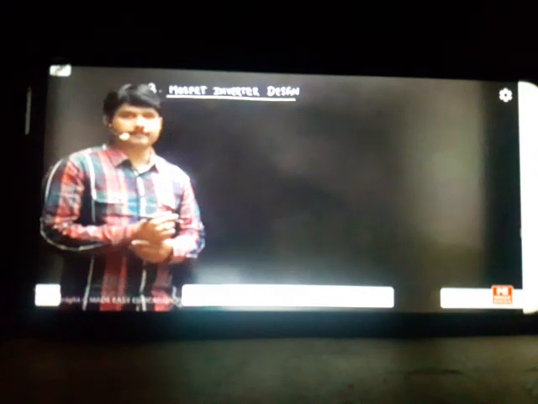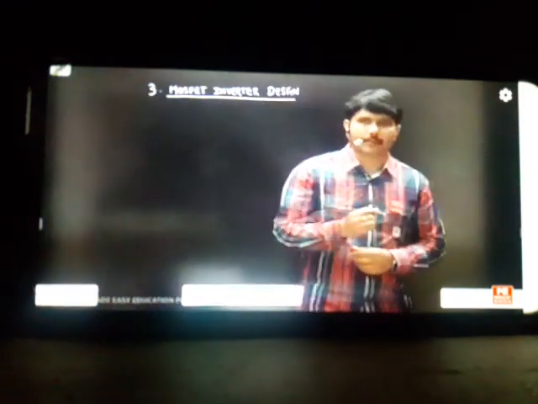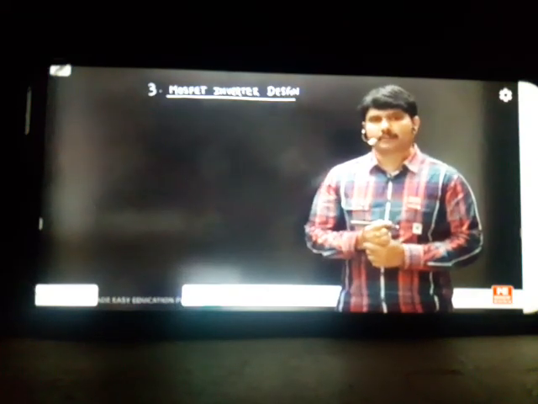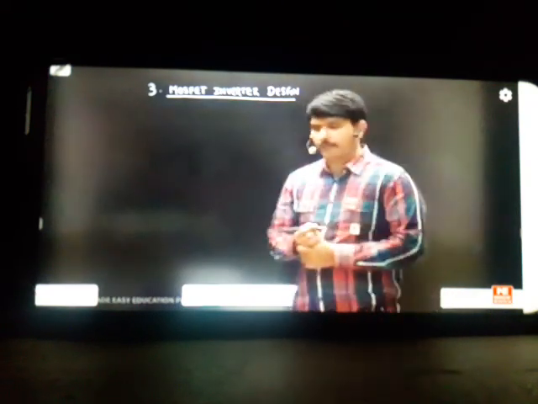MOSFET inverter design. So first of all, if anybody asks you, can you explain an ideal inverter, how it should be for a transistor? It may be BJT or MOSFET, any transistor you take, how to draw an ideal inverter first. From that we'll try to design practical inverters. So keep the heading: ideal inverter.